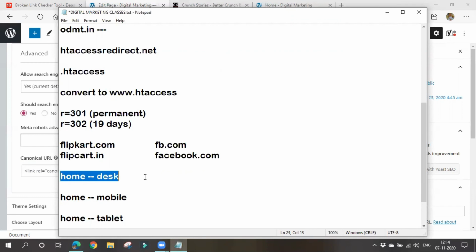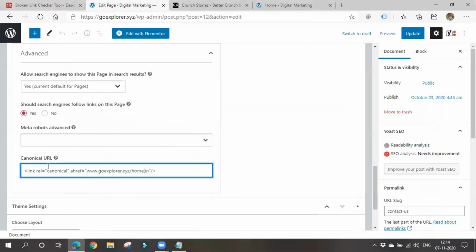If this is the original page, you have to mention this original page URL. You have to go to the duplicate pages and write this thing. So please make a note of this one line. Okay, that's about the canonical tag. If you are creating pages for the sake of multiple devices or mobile friendliness, you have to say to Google that we are not copying content, we are just creating pages for the sake of this. Okay, this is the original content, like that you have to say. Okay, understood? Clear?